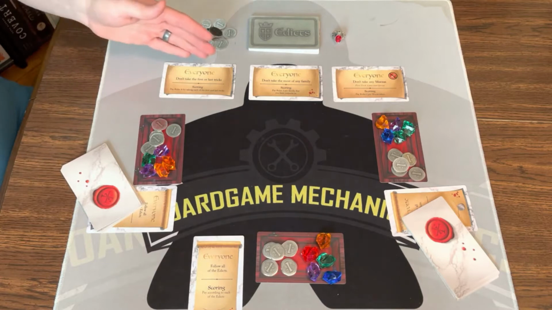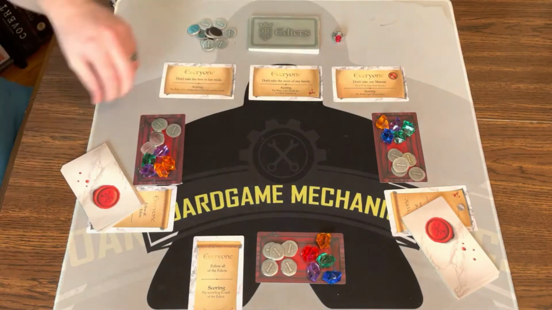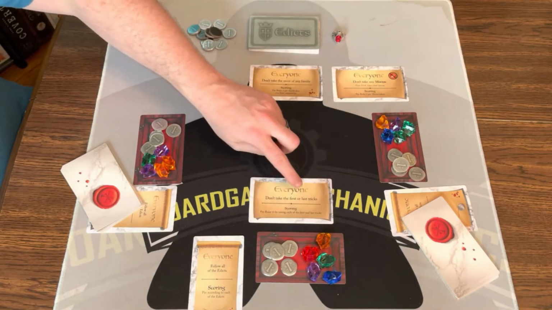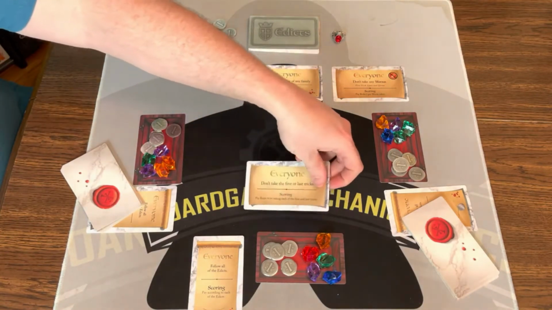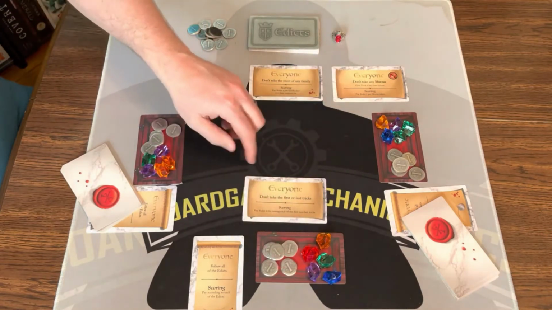What that means is I'm going to be picking one of these edicts to come into play for this round. So for example, if I pick this one, don't take the first or last tricks, I would say, all right, I want to do this edict. So let's just go ahead and do that. I'll say I want to do this one. Then it'll pass from me to this player. And they'll